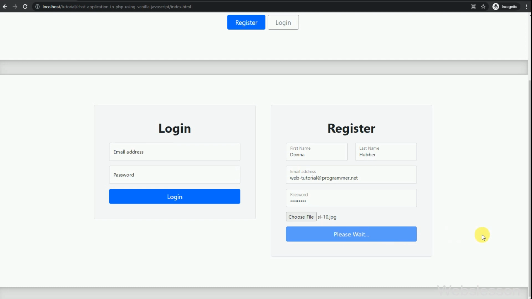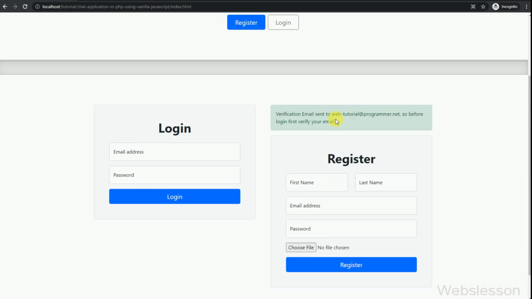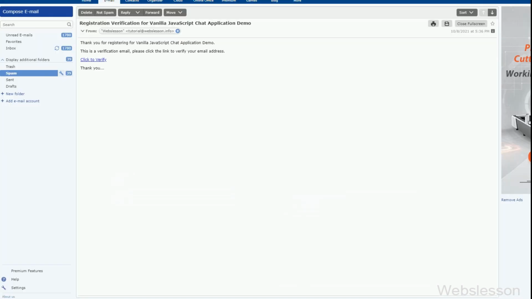After filling the registration form, we clicked on the register button, and it displayed please wait, and after this it displayed a success message like, please check your email, we have sent the email verification link. So we went to the email inbox, and here we can see the email verification email. Now for verifying the email, we have to click on this verification link.